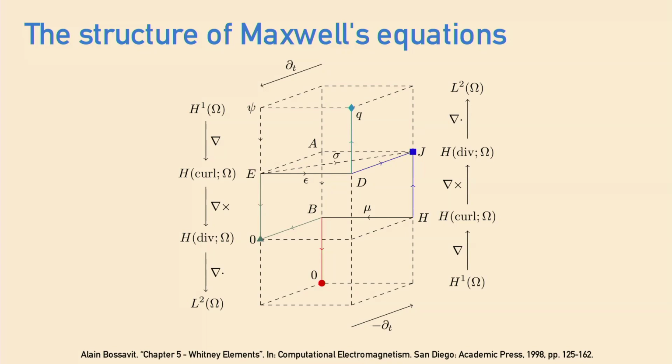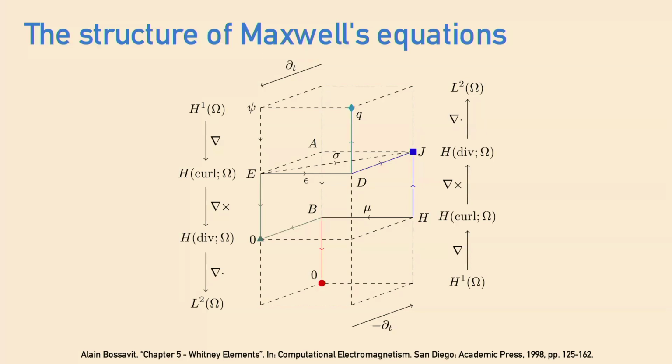acts. So all of this structure is encoded really neatly in this diagram, which I absolutely love. It's from Bossavit's book on computational electromagnetism. And each layer is connected by the de Rham complex. The front and back layers are connected by the time derivative, and the left and right layers are connected by constitutive laws. And you can essentially read all of the fundamental laws of electromagnetism off the diagram. So it turns out the structure within this diagram is really important for the well-posedness of